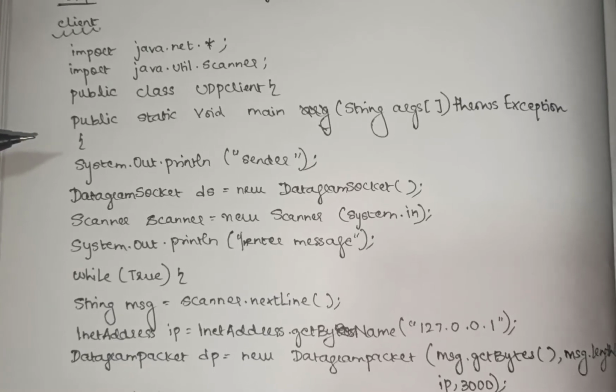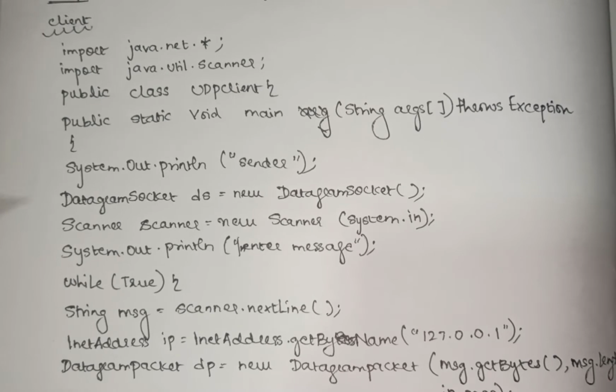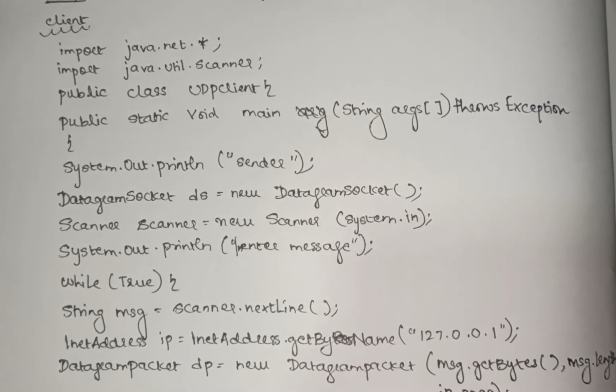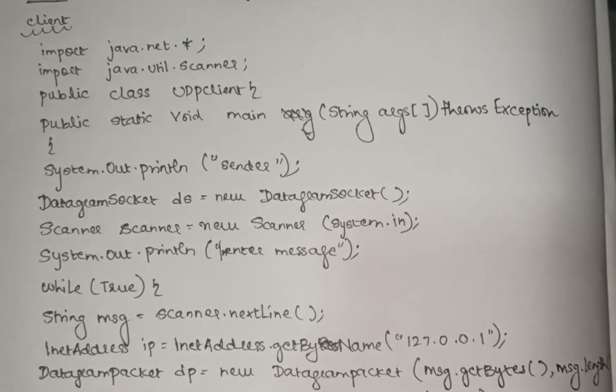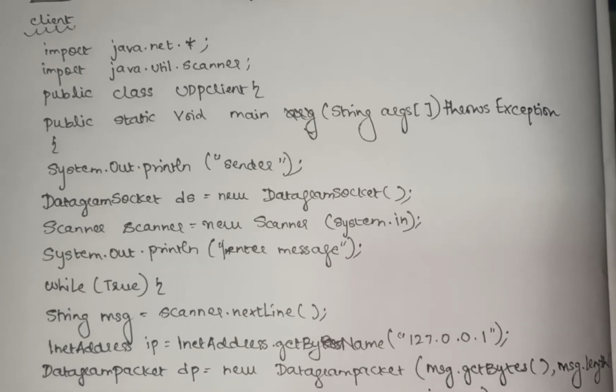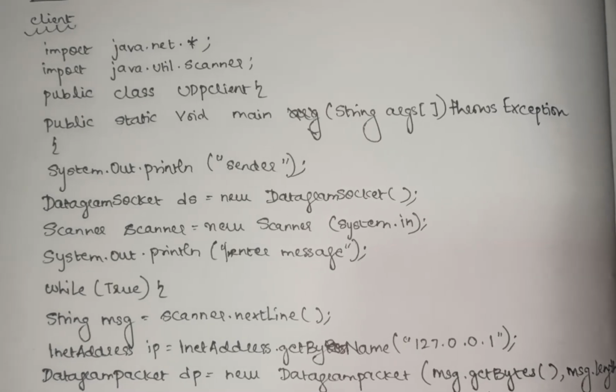Hello guys, in this video we'll be looking at program 4 of the CN laboratory, which is about UDP. So you have two programs within one program here. One is about the client, the other one is about the server. So what happens here is, firstly the server program should be up and running, after which it will print out